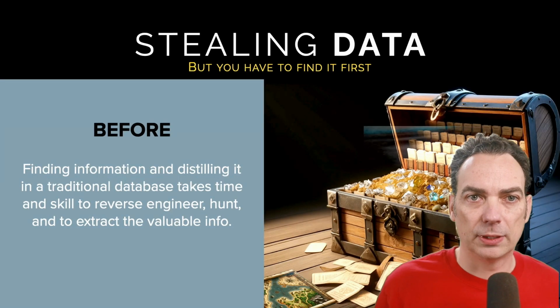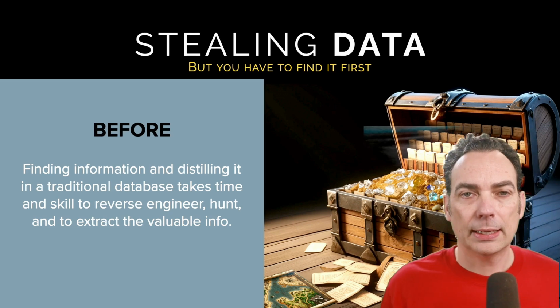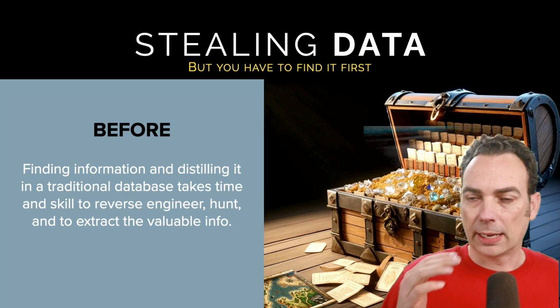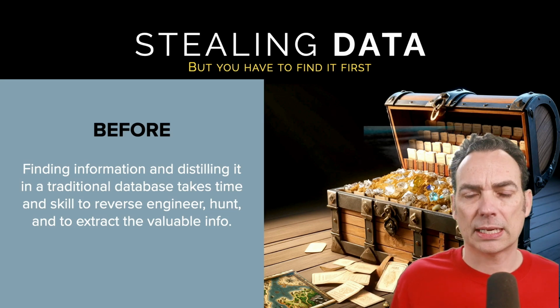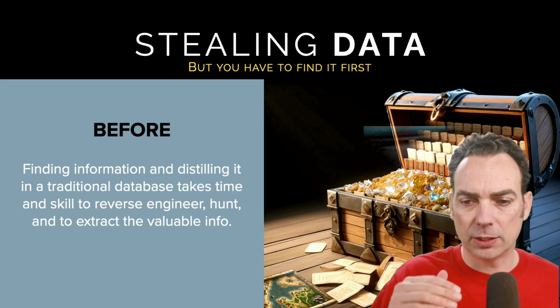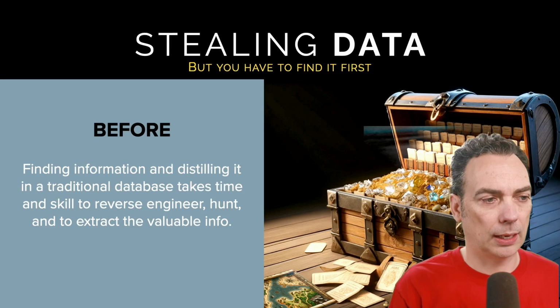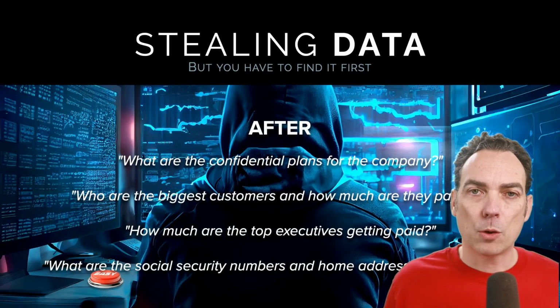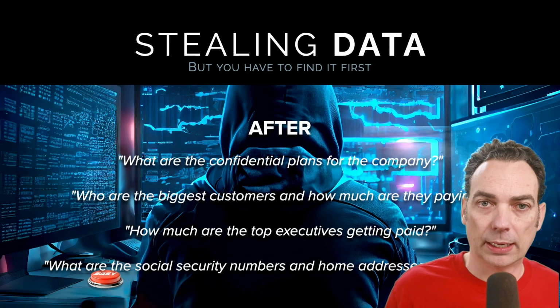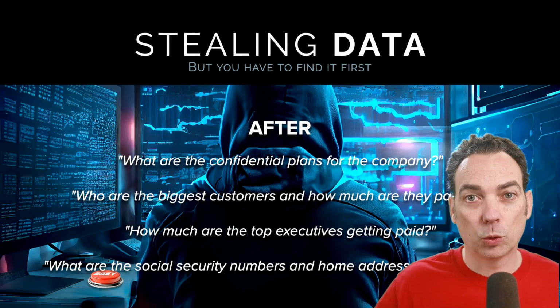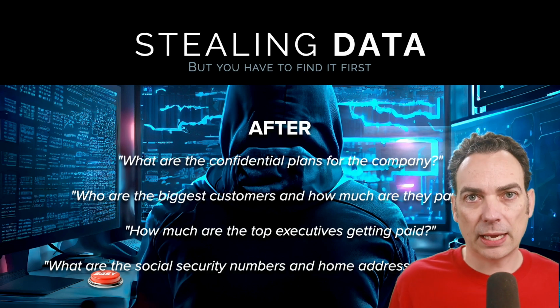Now, what does this mean for data? Well, before, data could actually be very difficult to track down. It's in lots of places. It's in SQL databases. Someone with a lot of expertise has to understand what the schema is, where to find things and how to join it and all that kind of stuff. But now we're talking about building systems in which you can get information with natural language, which means that attackers who gain access to a vector database can query it for all the stuff that they want to find.